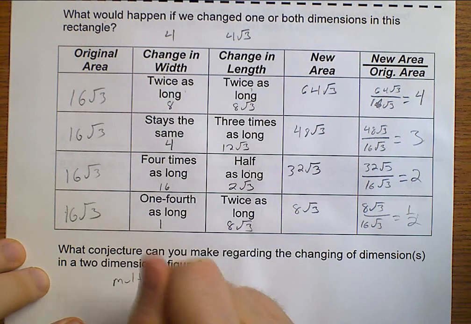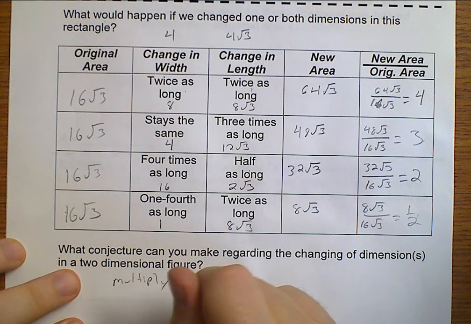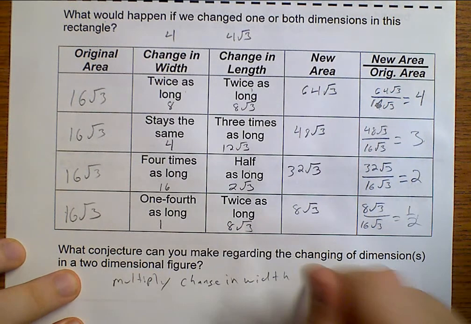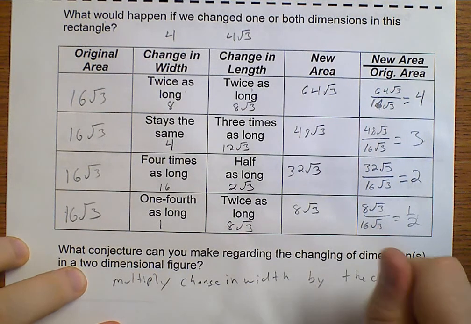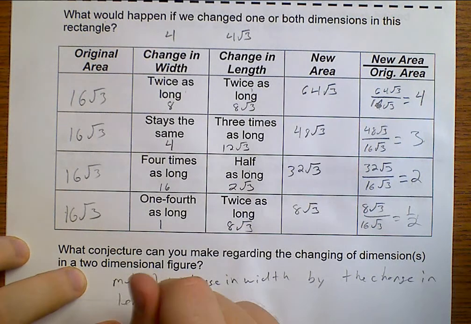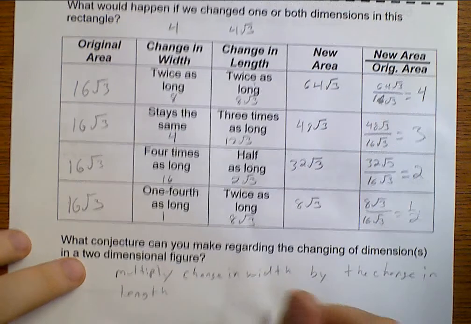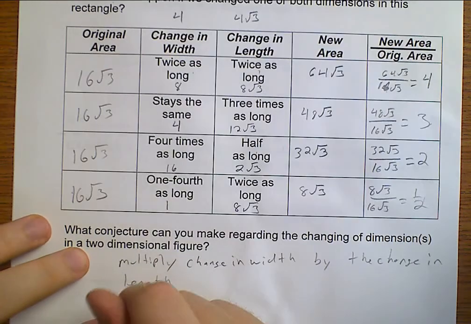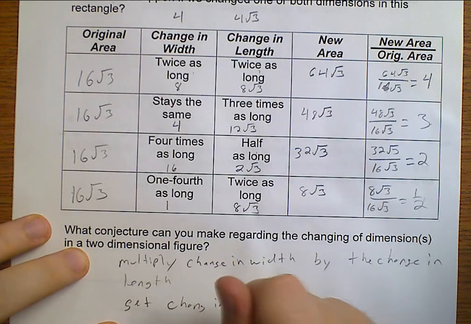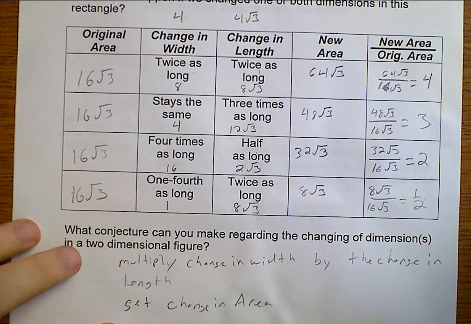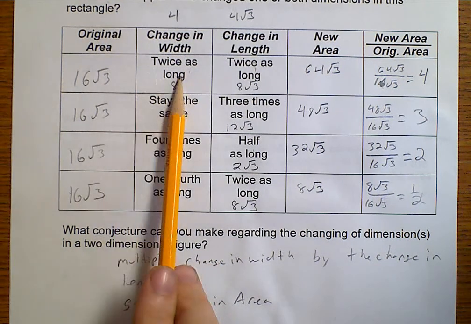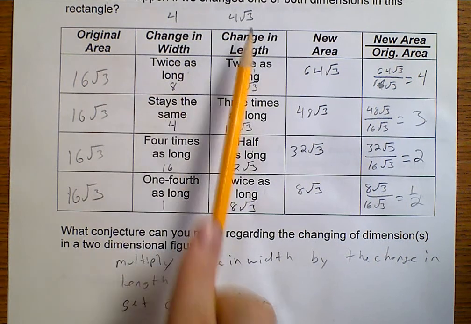the change in width by the change in length, you get the change in area. So instead of going, well, twice 4 is 8, and twice 4 is 8, and 8 times 8 is